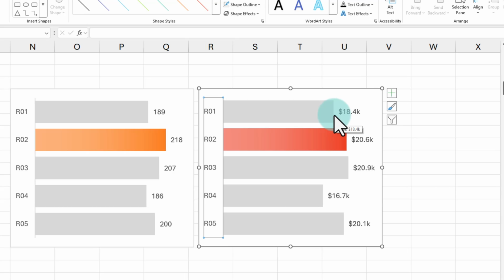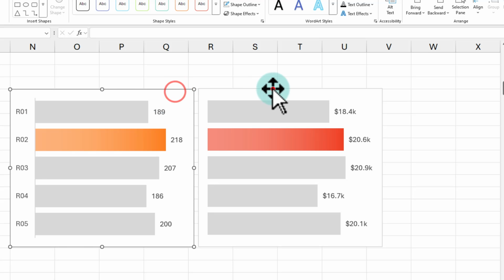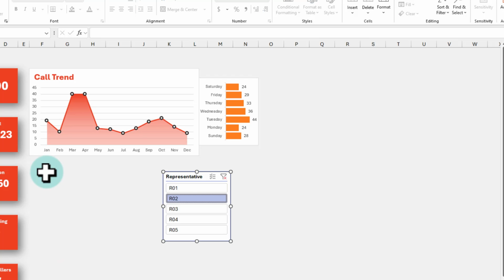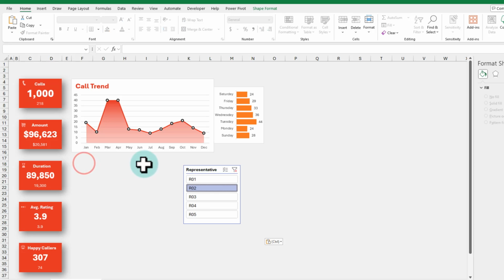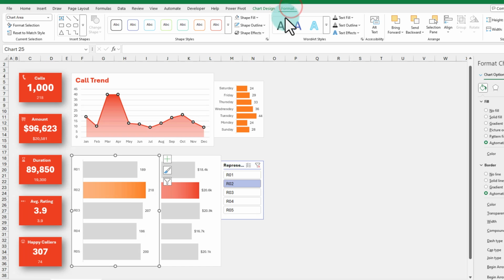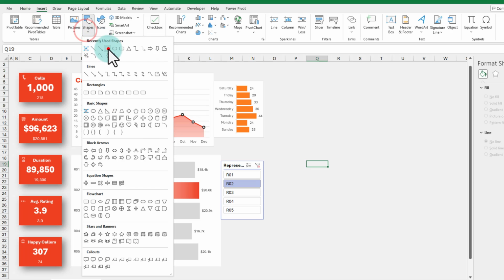For the amounts, we are going to take out the axis value because it's the same axis, so we don't need that repeated twice. And now our graphs are done. I'm going to Control X them and go back here and paste them here. And let's select the graphs, and I'm going to go to the format and make sure that there is no outline. So once you take out the outlines, it looks like they're all one happy family, and you can insert a rectangle,